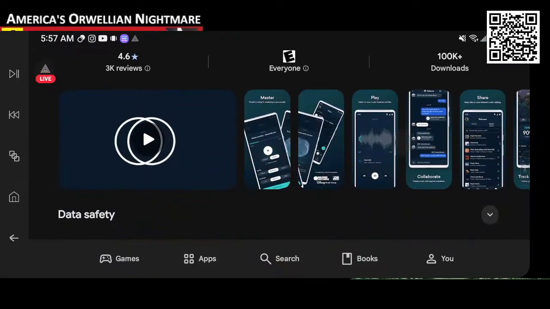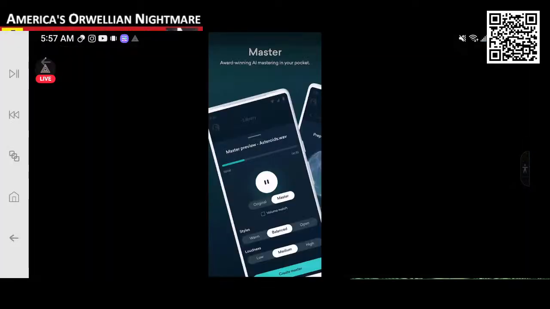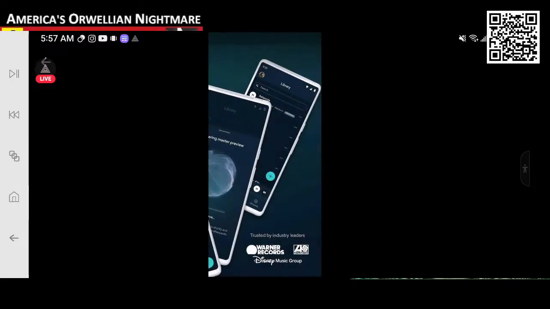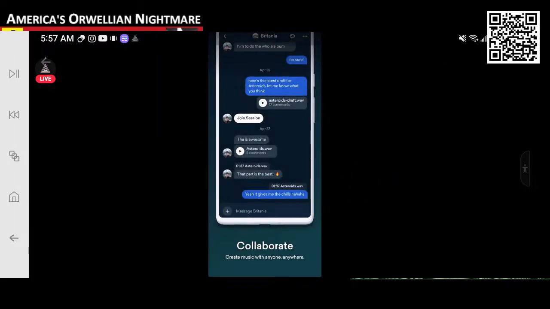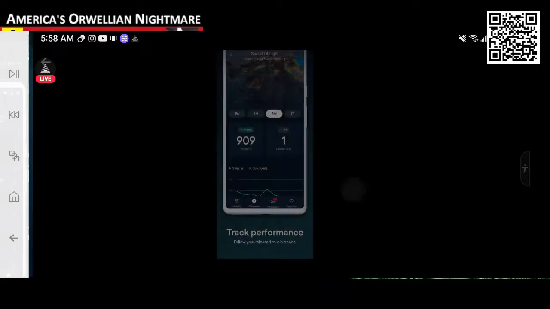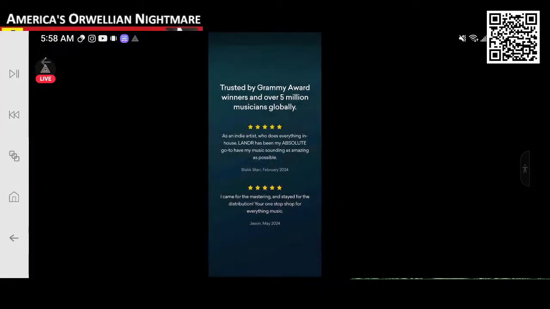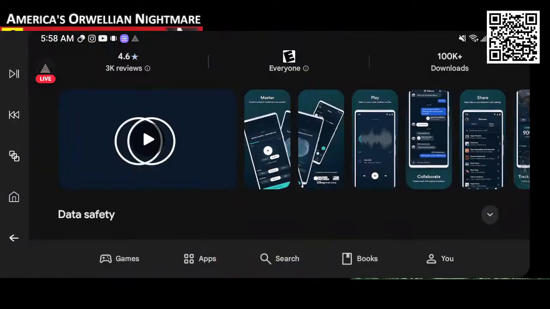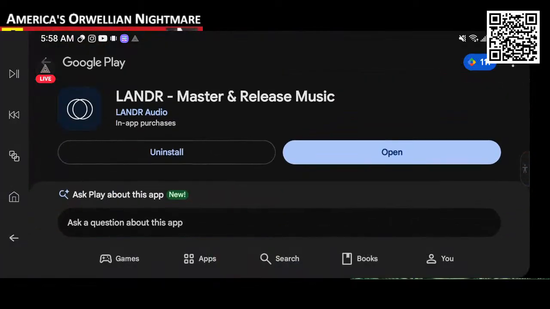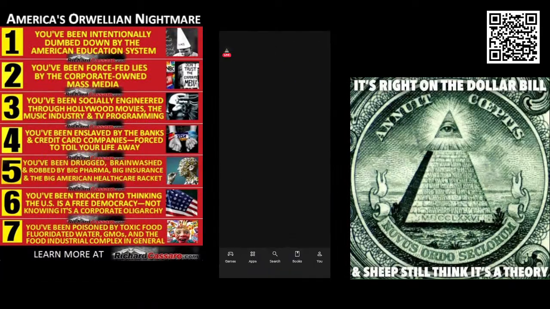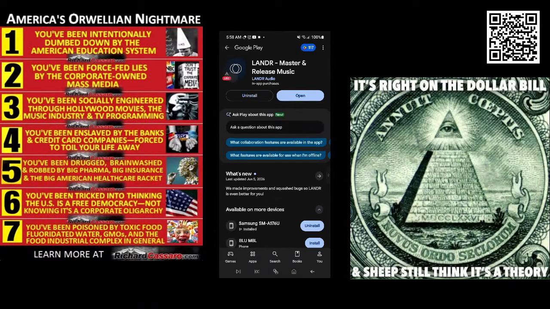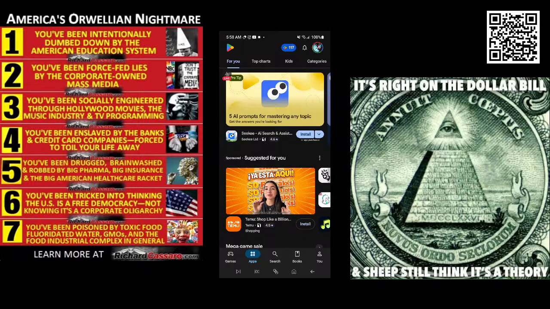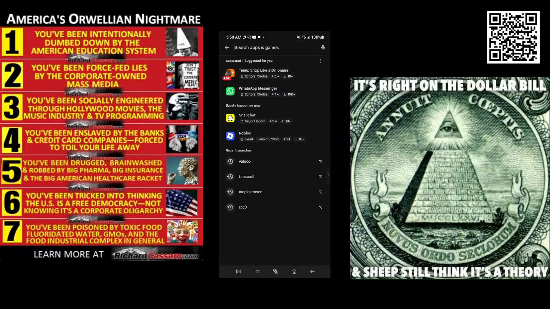So this is what it looks like when you're using it. I should have done this for the Voloco app, so you can see what it looks like. And by the way, I'm not advertising. They're not paying me for this advertisement, just in case you're wondering if I'm trying to advertise this app to y'all. No.